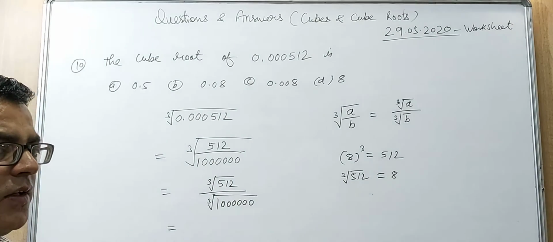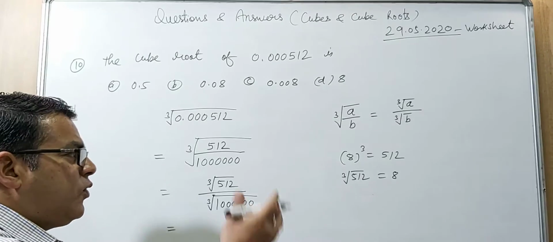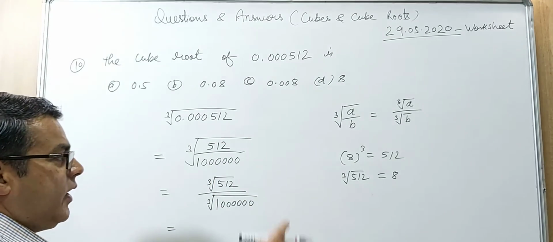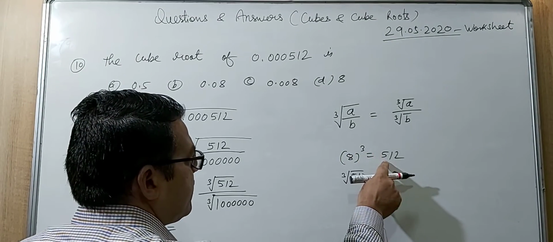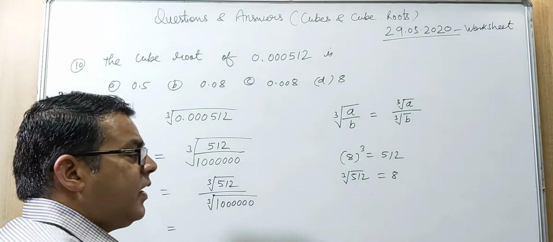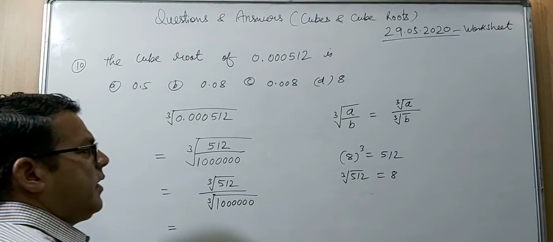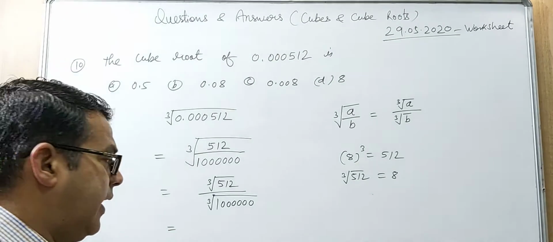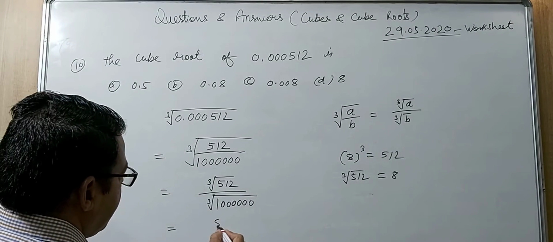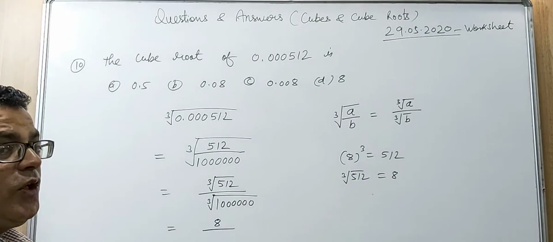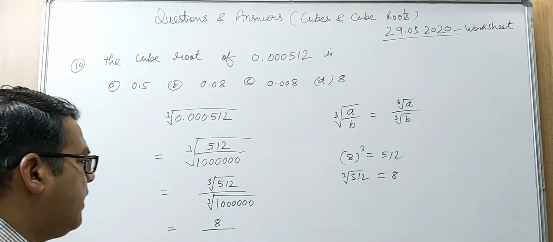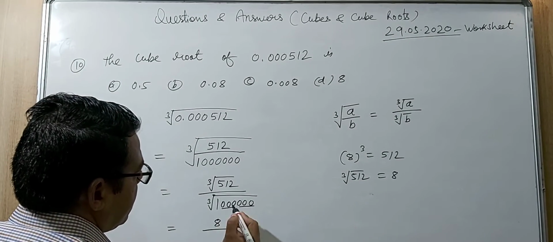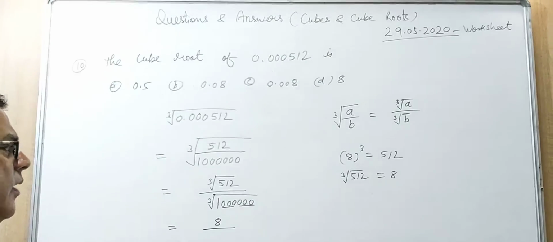Right? I request you that you need to learn cubes of numbers till 10. So we know that the cube of 8 is 512 and the cube root of 512 is 8. You must remember the cubes of numbers till 10. So we can write here 8. Since we know the cube root of 512 is 8, downside you can see here we can make pairs, triplets here. So it means 3 groups.